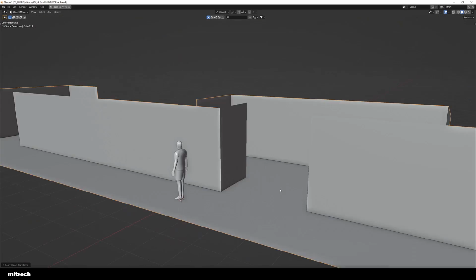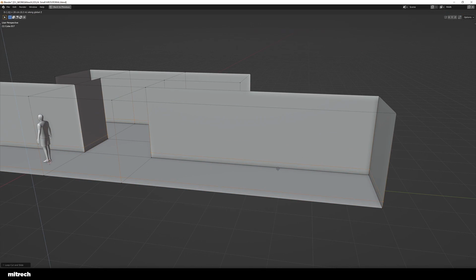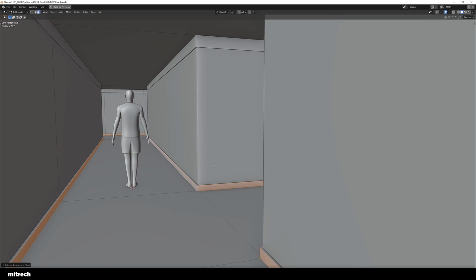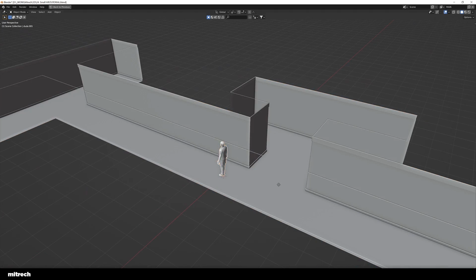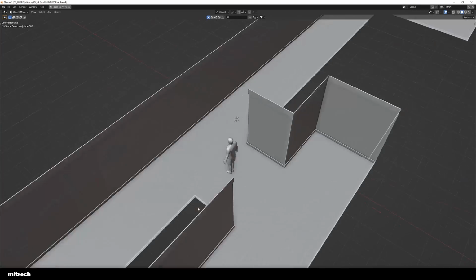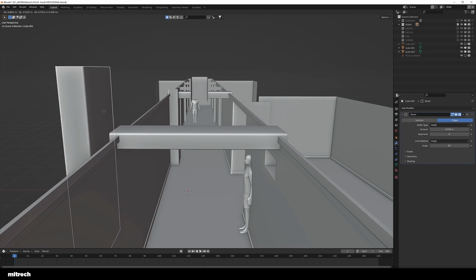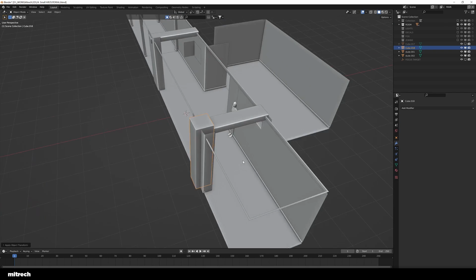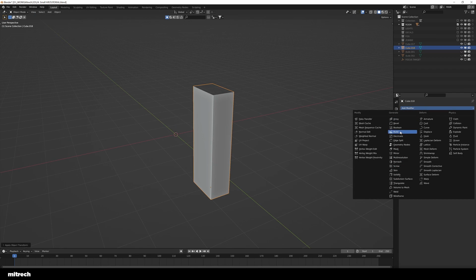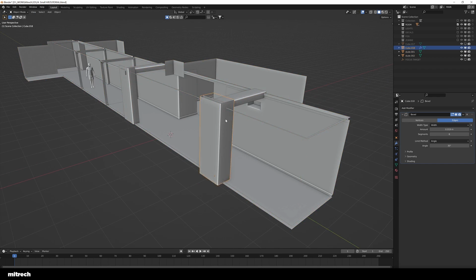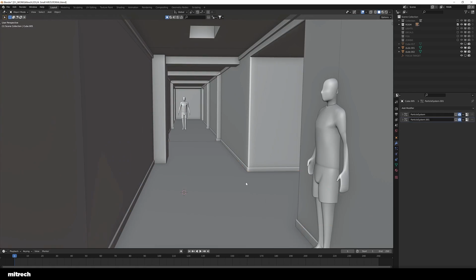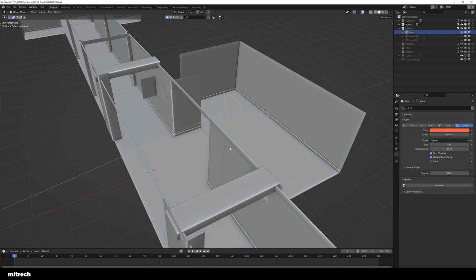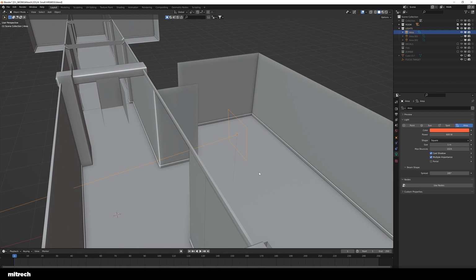What I'm doing over here is just extruding and resizing a simple box into a corridor layout that's going to become my scene, right? As you can see, I have these dudes that I'm using for scale reference, and it's simple boxes for now. I'm just using cubes as pillars, right? I just get a cube, add a bevel modifier on top of that, and I'm good to go.